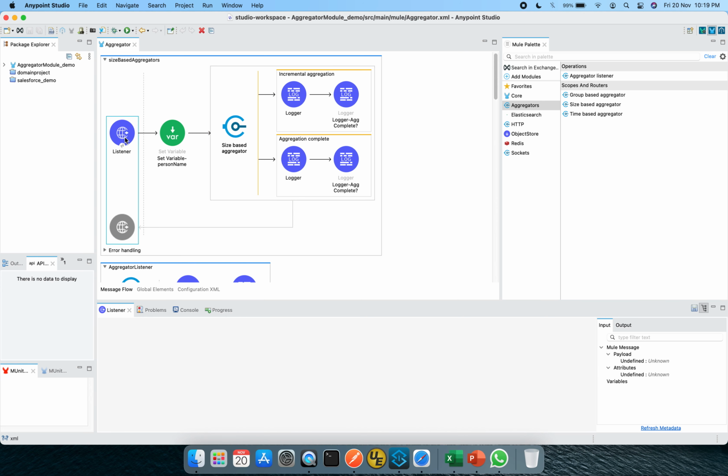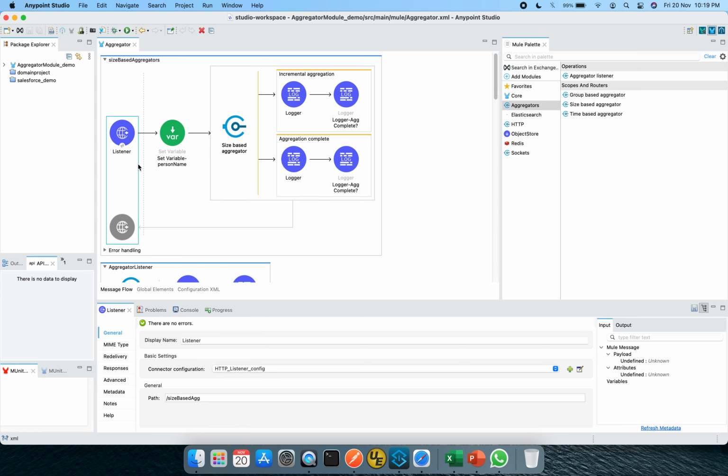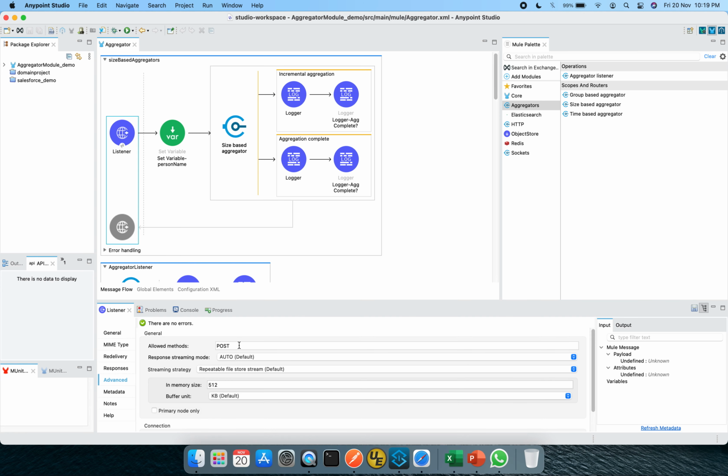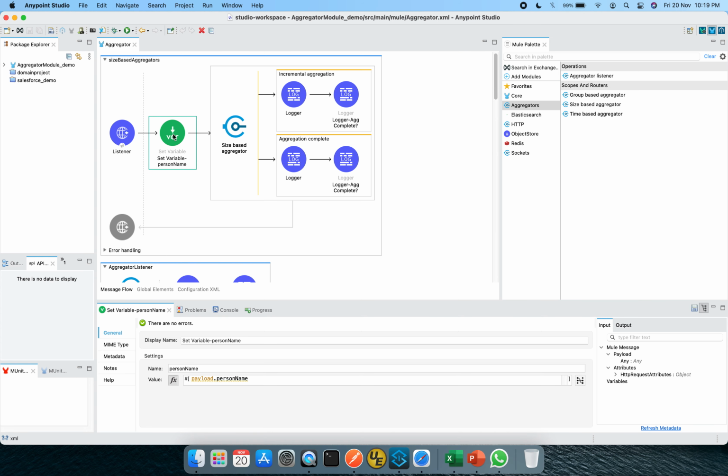There is an HTTP listener which I have configured, listening on 8081, and in the advanced tab you can see it is a POST method. I am setting a variable named personName, which picks up the value of payload.personName. It will basically be a JSON structure, and I will pick up the person name out of it and save it in a variable named personName.